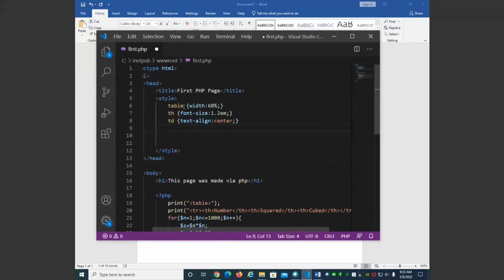Let's say I don't want to do it to every table. I just want to do it to my math table, those things with a class of math. Then I would have to create that table tag with a class of math. In other words, I would have to say class equals,